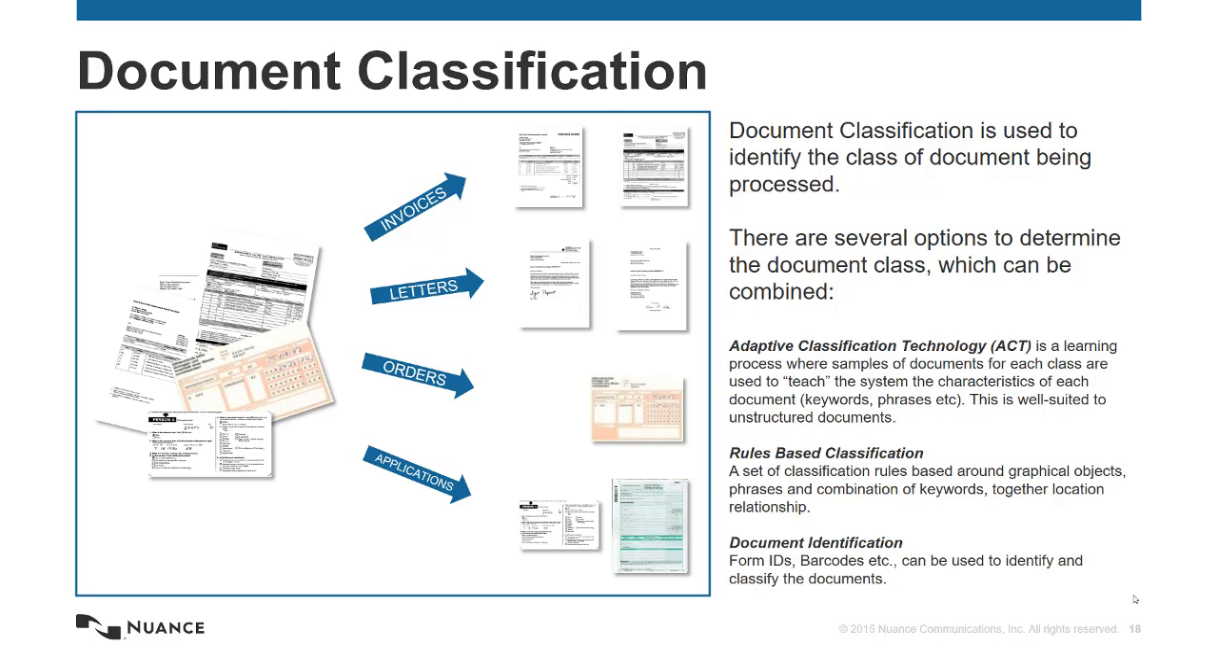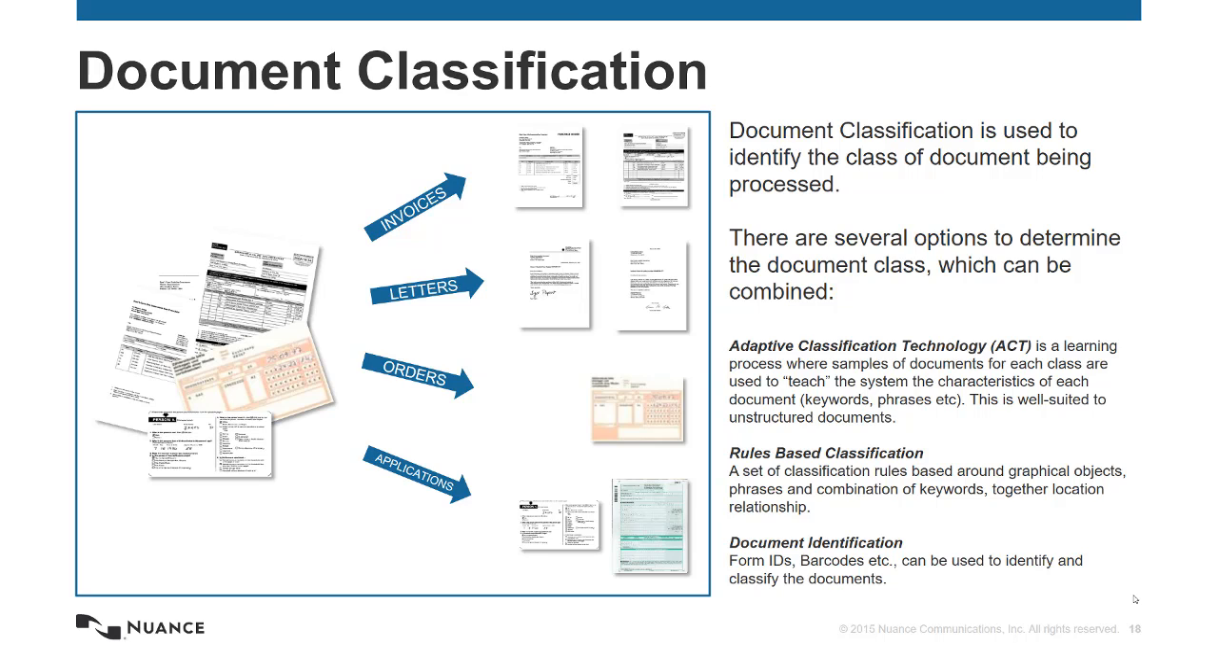And we tend to use rule-based classification, and that's a set of classification rules based around graphical objects, phrases and combinations of phrases and keywords that appear on the document at least at some location to make a decision as to what the document is. So for example, an invoice may have the word invoice on it. Order may have the words purchase order or order on it. Application forms may have account application, student application, job application, for example. So these can be used to define phrases and combinations of phrases or the features of the document to actually